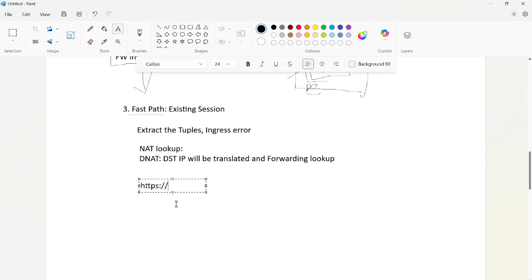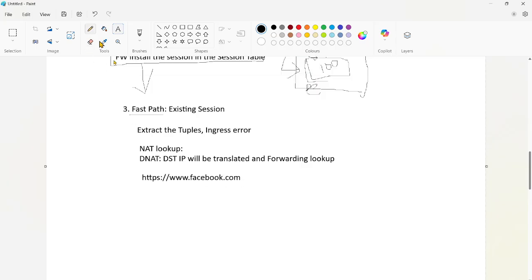Let's suppose the application is www.facebook.com. The traffic coming from the client will not be seen by anyone on the internet, because it is encrypted, and we cannot know what exactly lies in this.